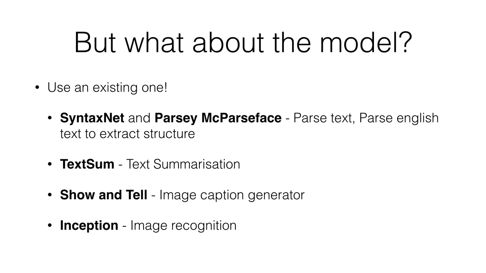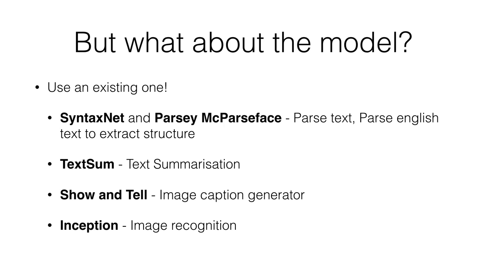If building a new model is too hard, what about using somebody else's? One already built and trained by our team of PhDs. Actually, there are loads of really interesting TensorFlow models that Google has published to GitHub. There's one called SyntaxNet, which is a generic model for parsing text. That would be French or Chinese or English. And built on top of that, we have a parser called Parsey McParseface, which is used to recognize English and extract the structure out of it. There's also a model called TextSum, where you can feed it in part of an article and it will produce a summarization of that article.